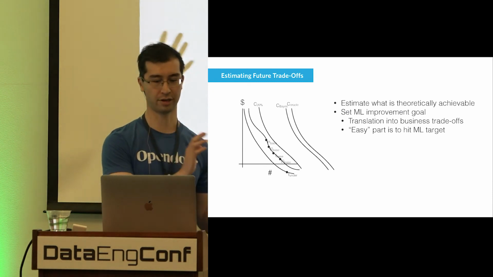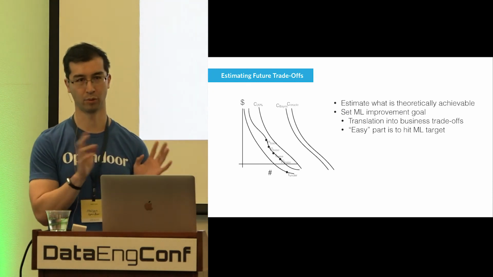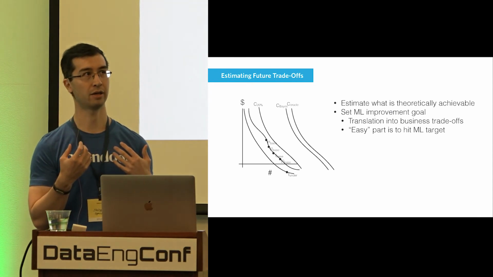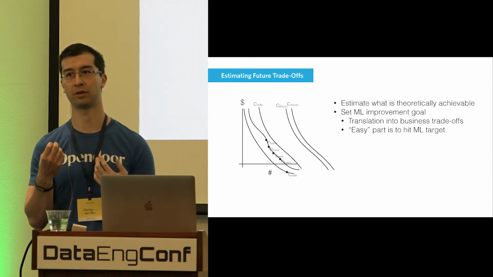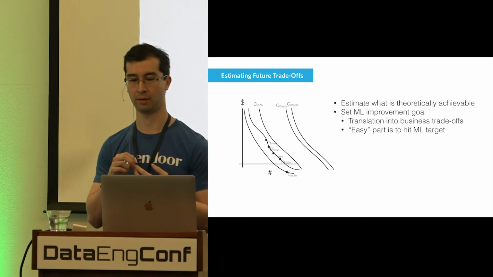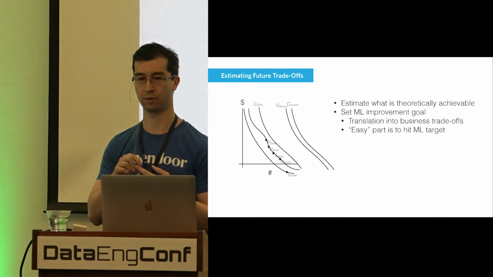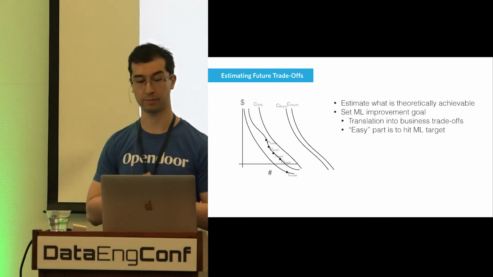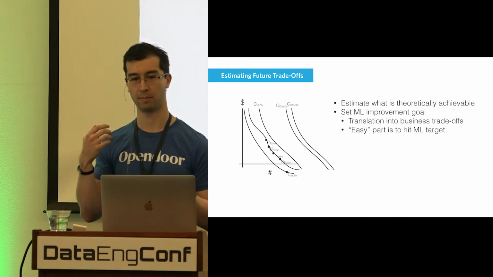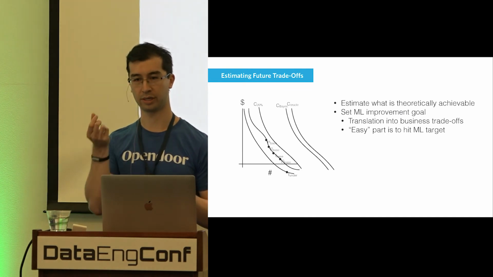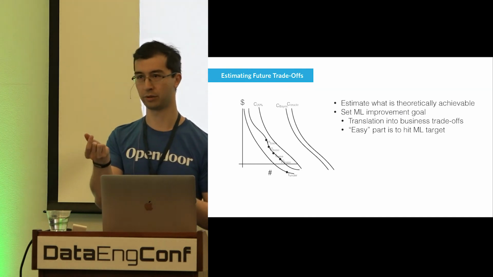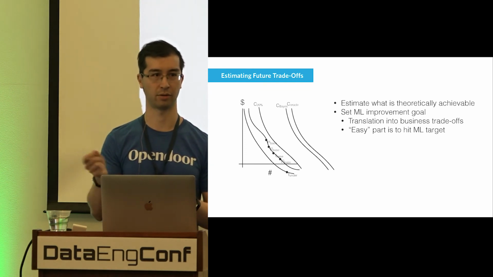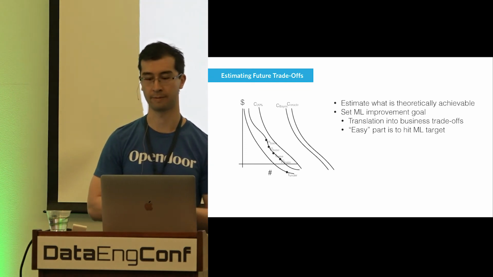So this is just another thing. It might be a little bit more motivating. You can at least have a bound on how well you can ultimately do based on your modeling improvements. And maybe it's the case that the perfect model only yields a very small business improvement, in which case you don't even want to invest in it. So I think it's important for that reason.